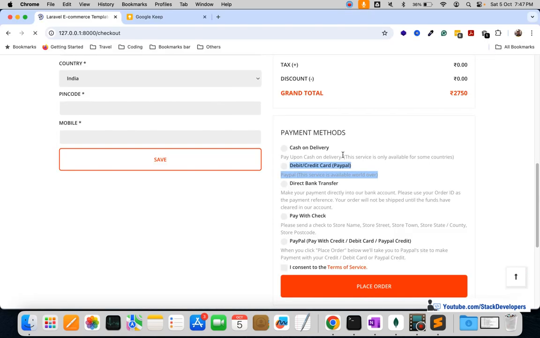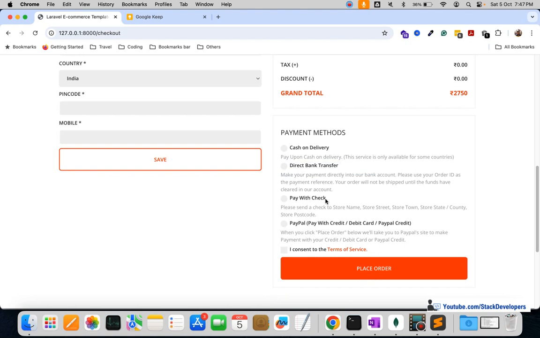Now we are left with cash on delivery, direct bank transfer, pay with check and PayPal. We are going to work on direct bank transfer and pay with check. See, both are prepaid methods. In both methods the customer is going to make the payment. Here the customer is going to do the bank transfer, and here the customer is going to issue the check and send the check to the address that we are going to show in the thanks page, and here also we are going to show the bank details